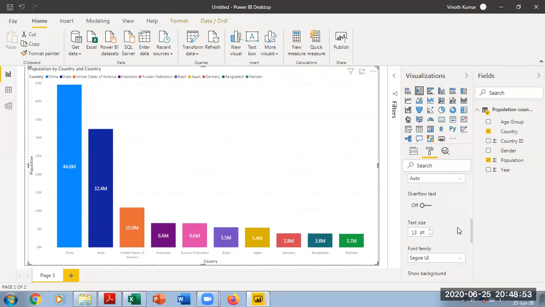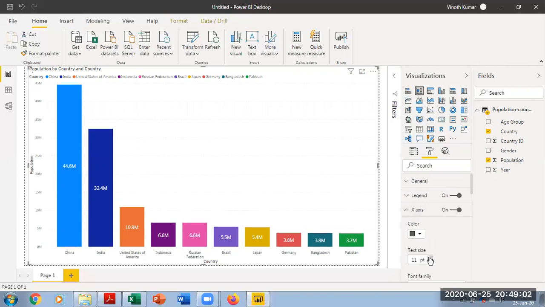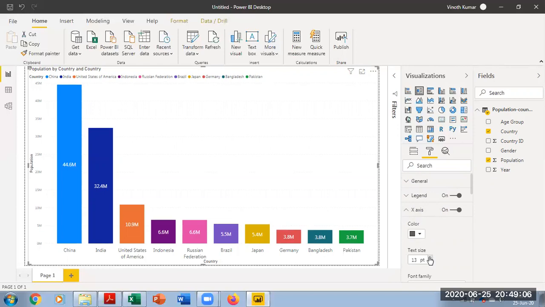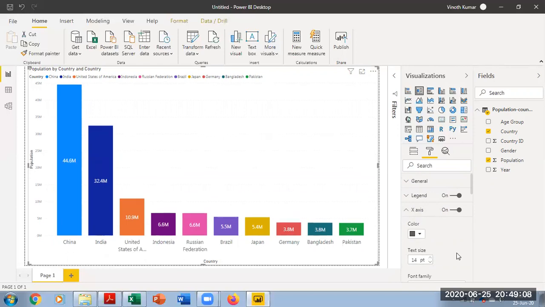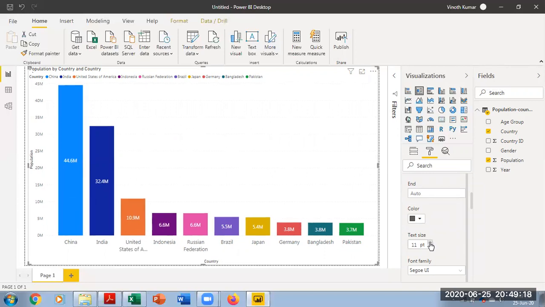So the data looks nice, and I wish to do the same for the x-axis too, so that even the population size can be seen better here. So I will say 12. So which country? Maybe 14 rather. So you can see the country is better. That's nice. So I'm going to add the y-axis also, so I can see the number of the list. Yes, I'm going to raise this to maybe 14.